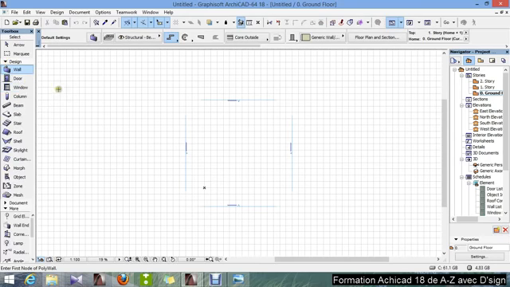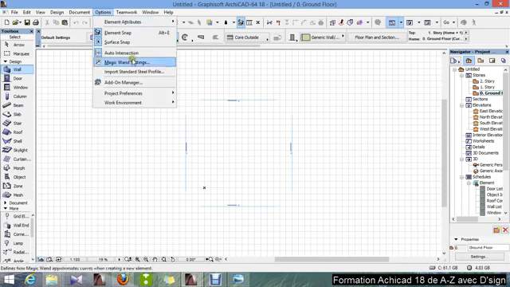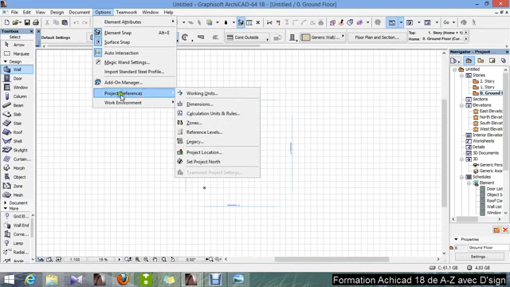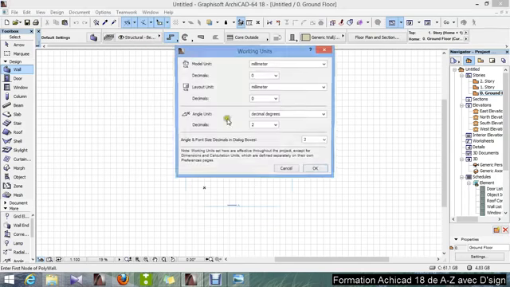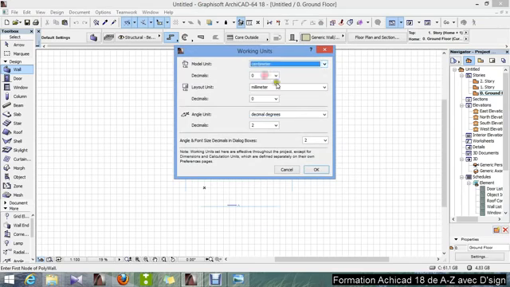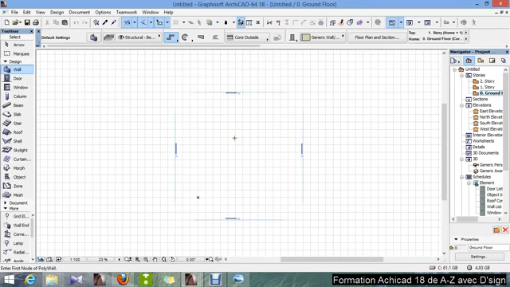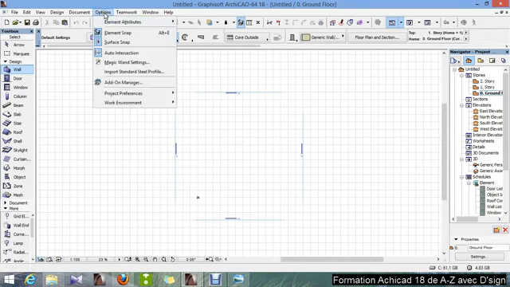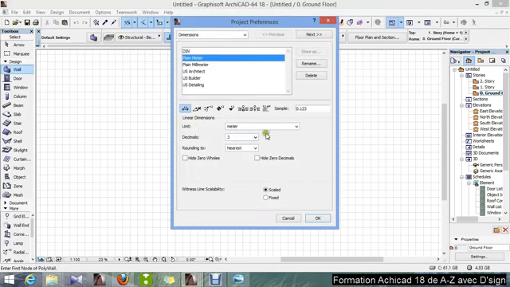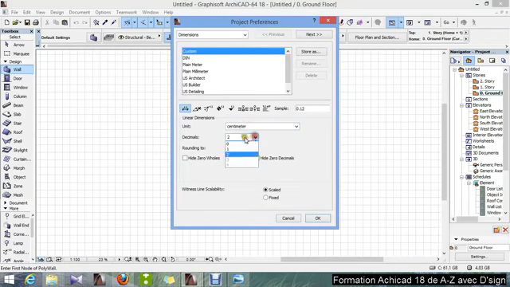So the first thing to do when you are using Archicad is specify your working units, as you do with other drawing software. We go to Options, Project Preferences, Working Units, and I'm going to use centimeter, then OK. Then I will also specify the dimension units. I go to Options, still at Project Preferences, and I go to Dimensions, and I'm going to use centimeter